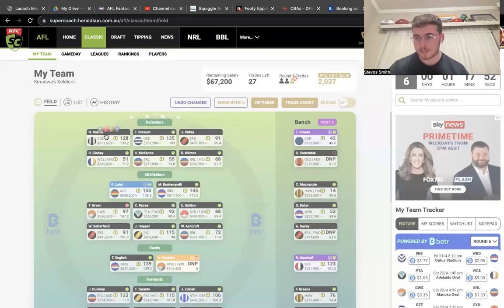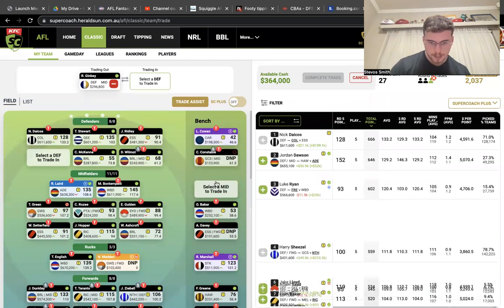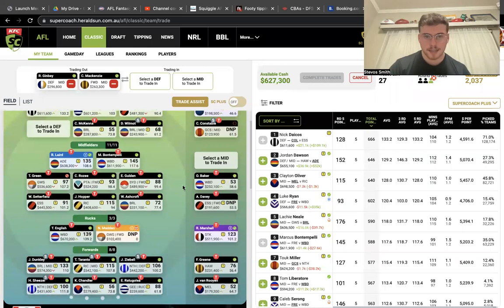So Ginby is leaving the side, 81 break even. You can keep him if you want, but at the end of the day, he's made his money in my book, so he can go. I mean, he needs to score an 81 just to stay in price. Cam McKenzie, break even of 89. Get him gone. He's gone. See you later. And then lastly,